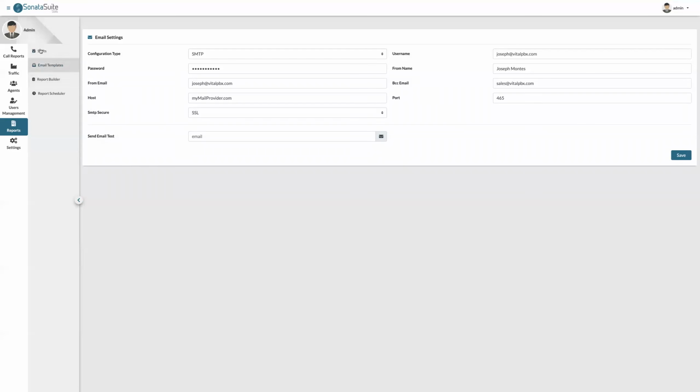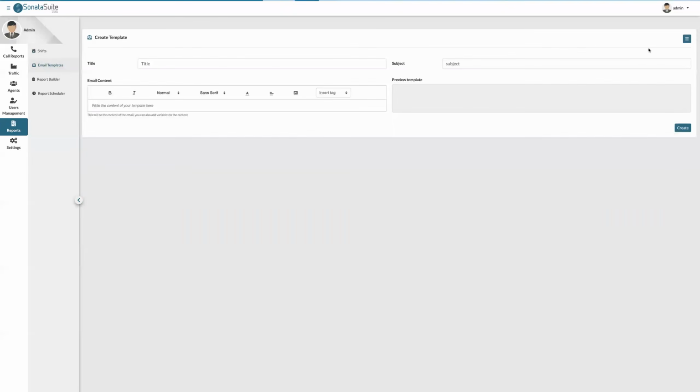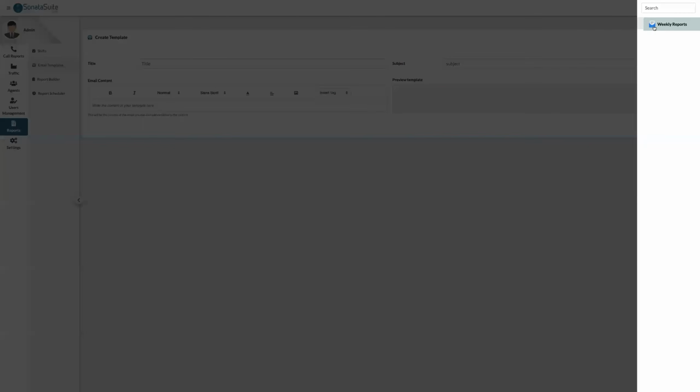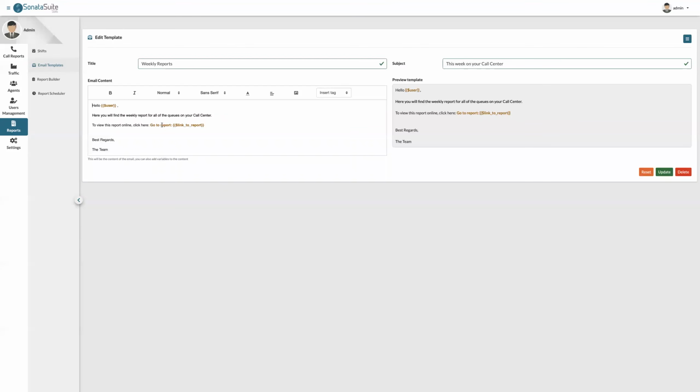from the application. So you can create an email template. This will be the template of the email that will be sent to the specific people that you're going to send the emails to. In this case, we have a quick and an easy report. You can add a couple of filters, a couple of tags, that will be variables inside of your email, such as the user, the to, the report name, repeat mode,